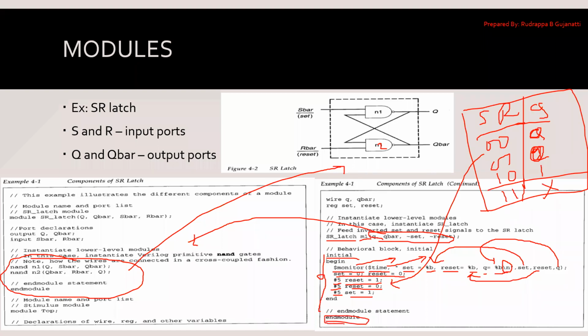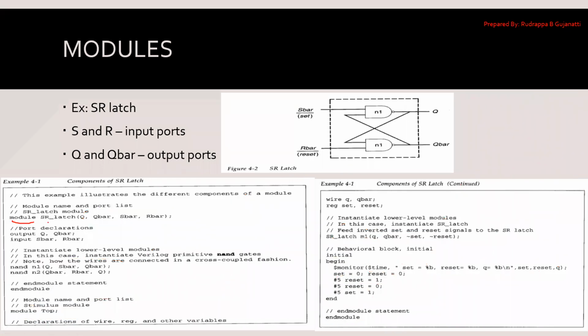So this is the last statement, that is the end module. Here we can see that this is a lower level module, and this is the top level block. Here I have the port list and port declaration, but in this case I don't have the port list or the port declaration. But if you observe, compulsorily I should have a module keyword, module name, and end module. Here also you can see module, module name, and end module. In between, you can have anything which is possible, or else it can also be blank.